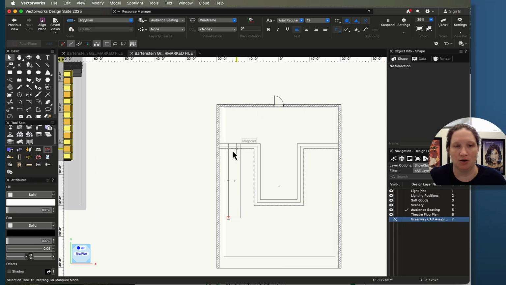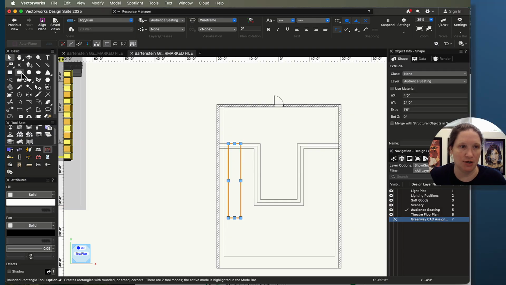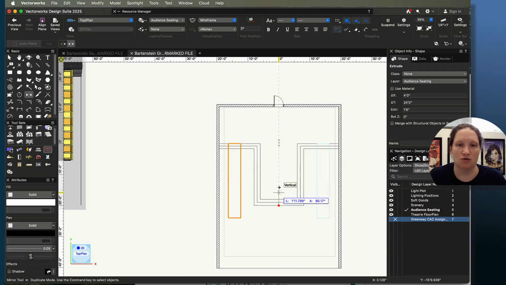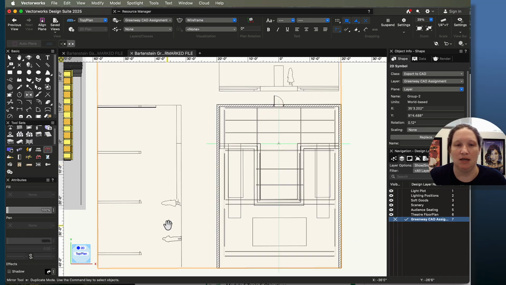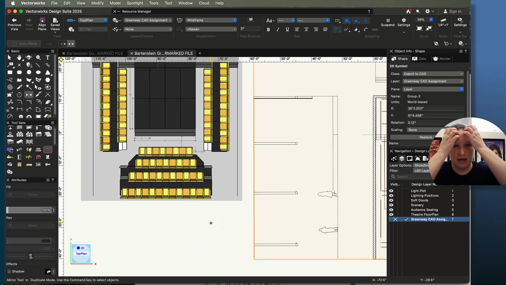stage. So I'm going to just turn off my additional Greenway court drawing for a moment. I'm going to select my riser here, and then I'll use my mirror tool to mirror it to the other side. So now I have one of those risers on each side. Let's look back here now. It looks like,